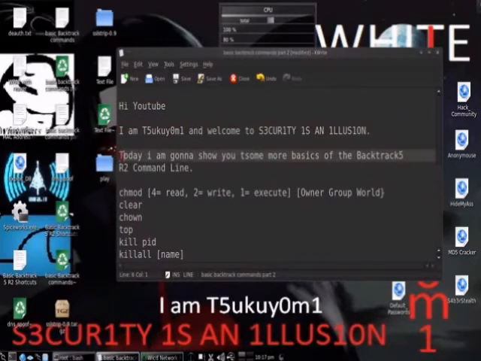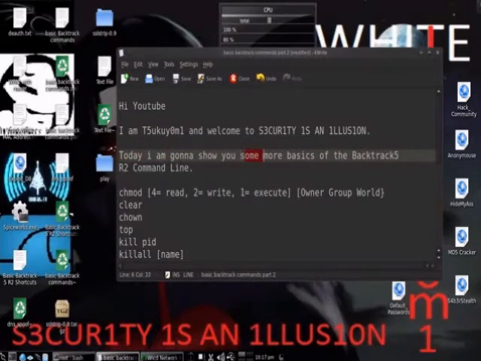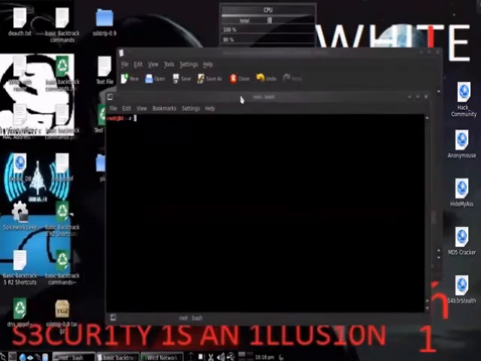Today I'm going to show you some more basics of the Backtrack R2 command line. Okay, so the first one we're going to look at is chmod. Chmod is a way of changing file and folder permissions. So if we go to our command line,